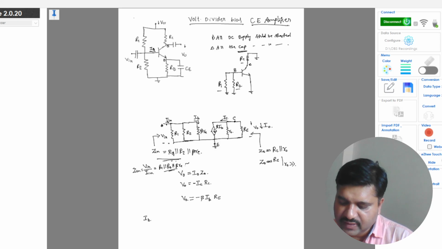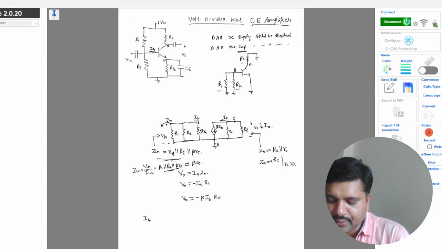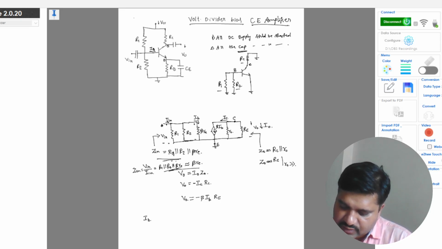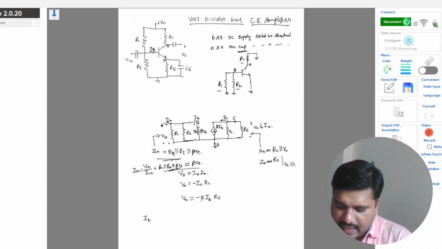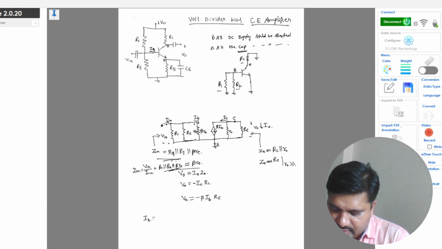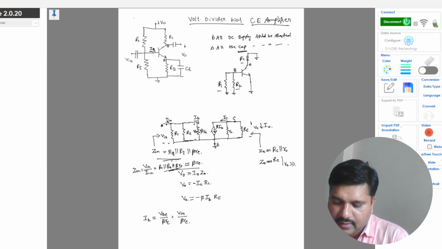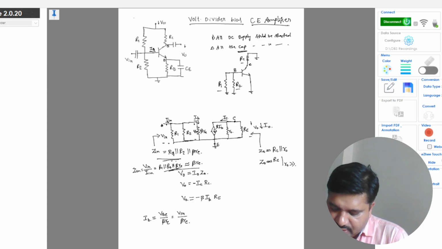We have obtained this. This will be approximately equal to beta RE because R1 and R2 are very large compared to beta RE. Okay, so now IB, which is equal to VBE with respect to IB, the current flowing to the transistor. So this can be written as VBE by beta RE or Vin by beta RE, because VBE and Vin are parallel. Okay, so hence substituting this IB is equal to Vin by beta RE in this expression,